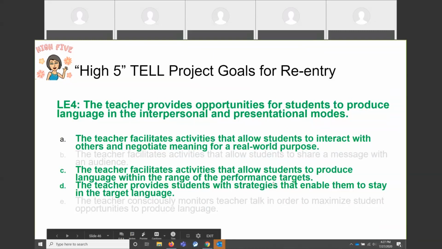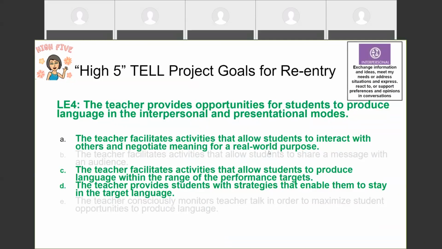And of course, we know that is different from presentational in that the interpersonal mode involves negotiation of meaning and interaction. Normally that means a conversation, whether on the phone, face-to-face, or through Skype, Snapchat, or any digital tool, but it could also mean some written interpersonal communication, like texting or a chat box. With the interpersonal mode, we're really talking about that interaction and using language to exchange information for multiple purposes.